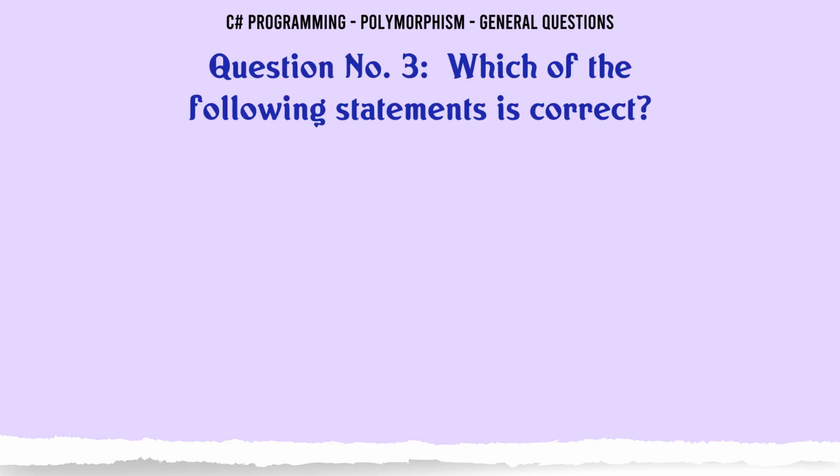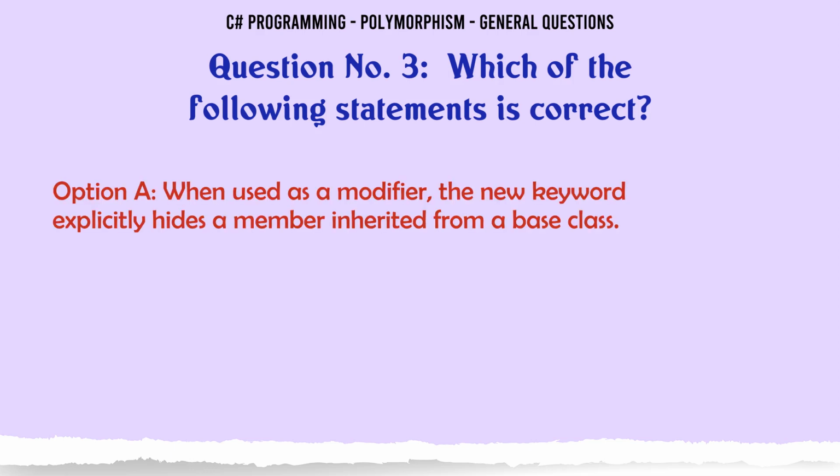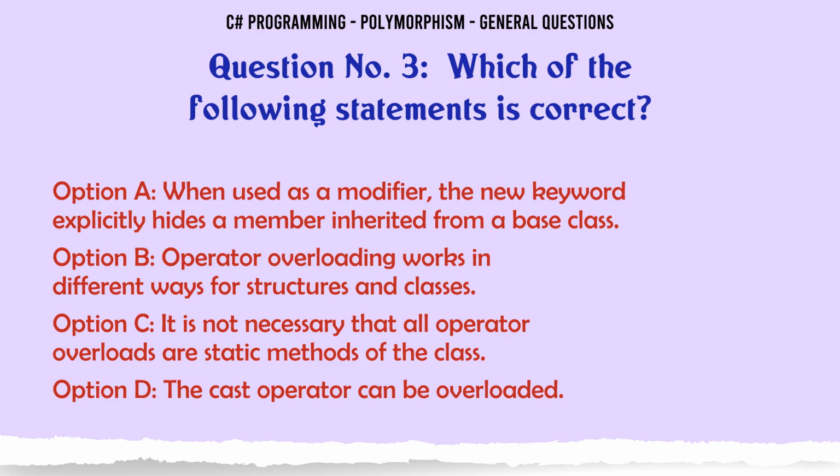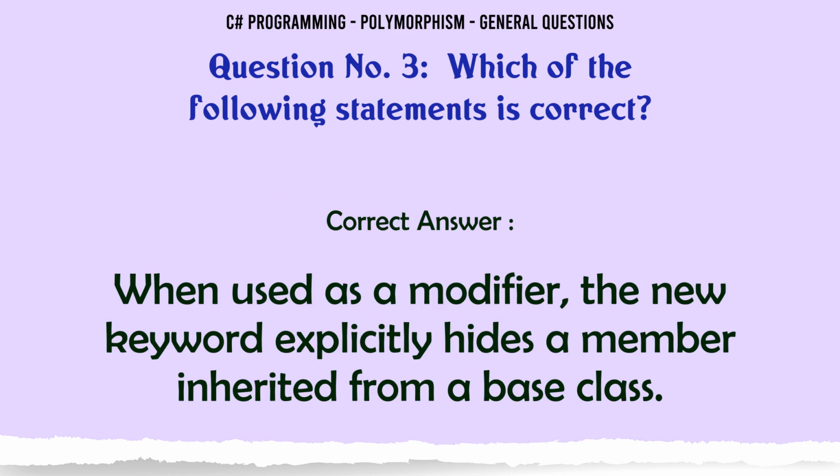Which of the following statements is correct? A. When used as a modifier, the new keyword explicitly hides a member inherited from a base class. B. Operator overloading works in different ways for structures and classes. C. It is not necessary that all operator overloads are static methods of the class. D. The cast operator can be overloaded. The correct answer is when used as a modifier, the new keyword explicitly hides a member inherited from a base